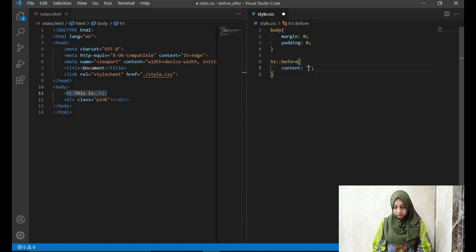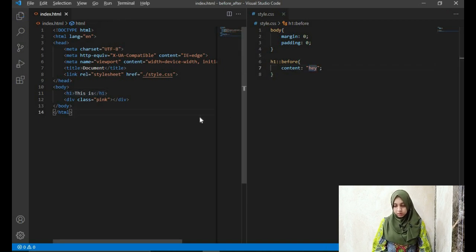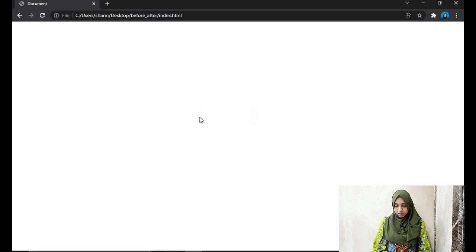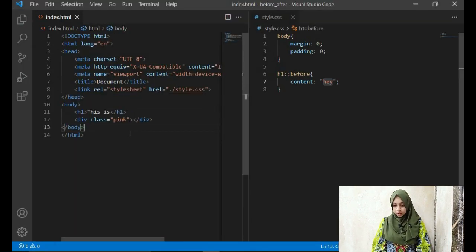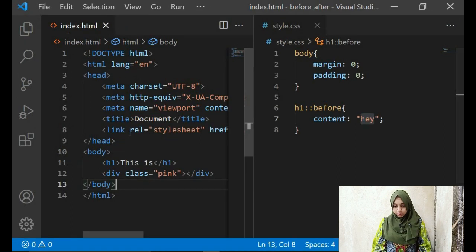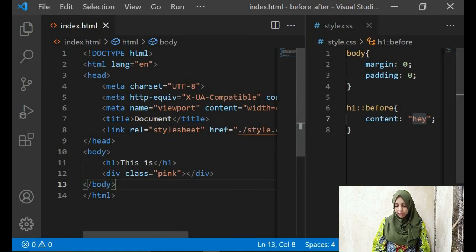So inside the content you can write, for example, hey, save this, and let's refresh. Can you see, is there, okay, let me just zoom so that it is more clear to you guys. Okay, so can you see we haven't written anything here before this is, right?